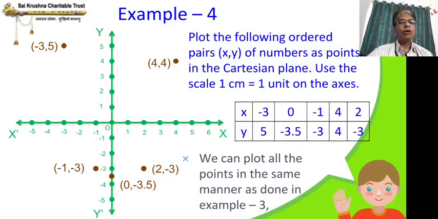One point you can note: for a value on the axis, you should not get confused about which quadrant it is in; it is in between the quadrants. If x is 0, it is at 0 distance from the y axis, so it will lie on the y axis; and if the ordinate value, the y coordinate, is 0, it will remain on the x axis. That is why the second point, (0, -3.5), is on the y axis itself. The only thing is that it goes below the origin because the sign of the ordinate is negative.